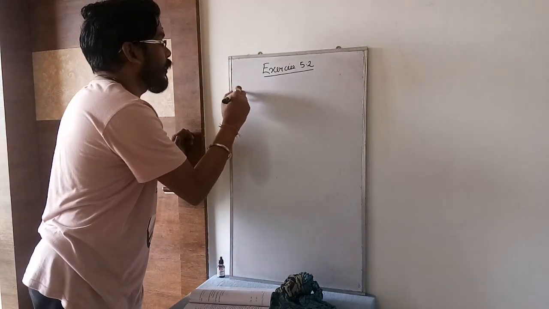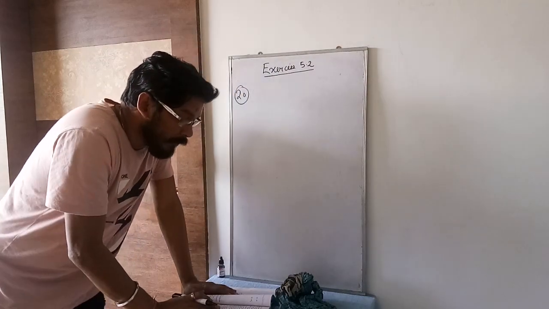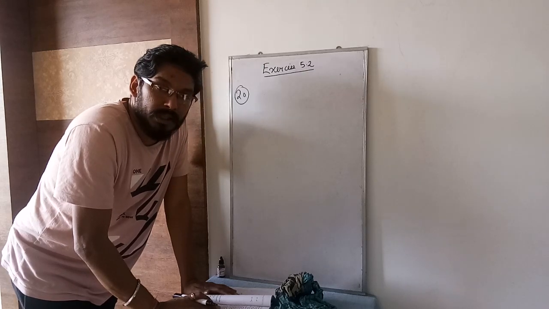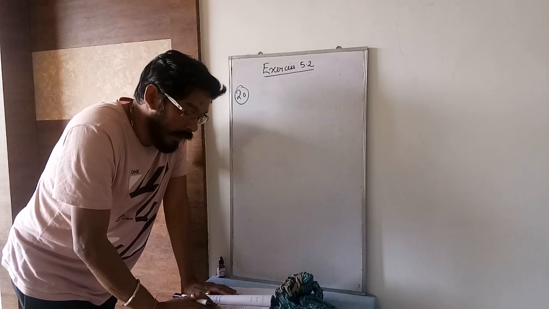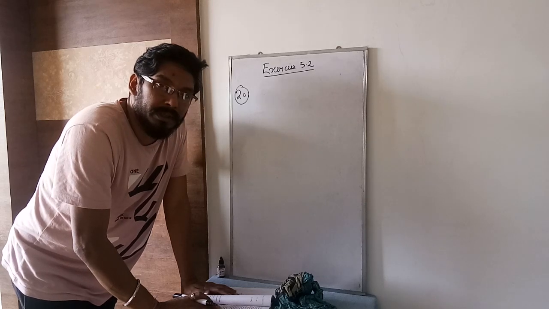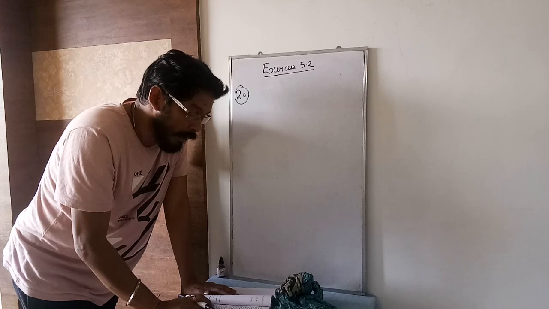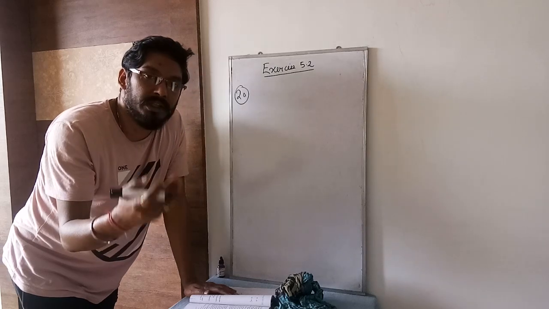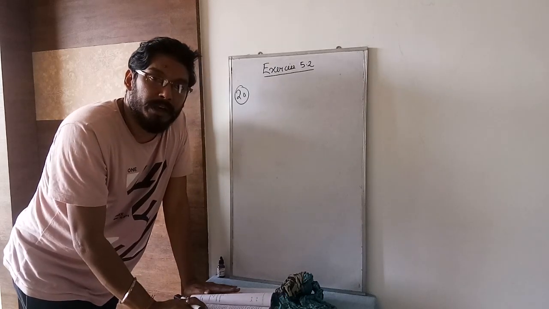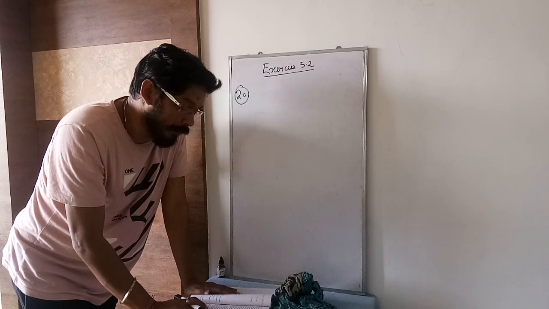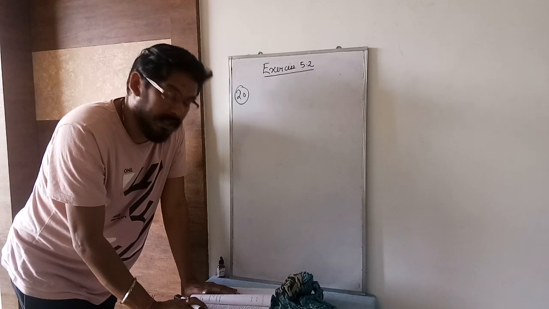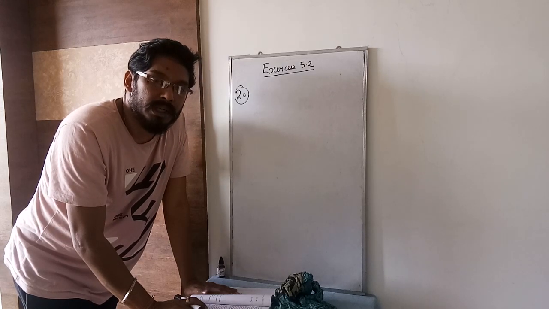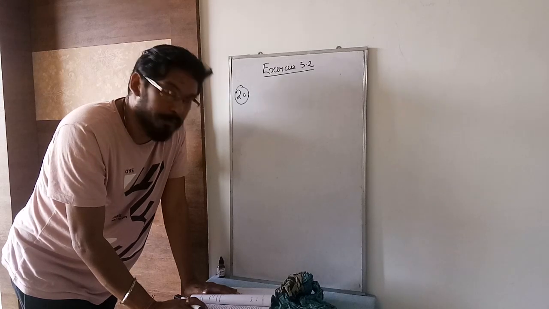Okay, so question number 20, what did they say? Ramkali saved rupees 5 in the first week of a year and then increased her weekly savings. Here she has increased her weekly saving by rupees 1.75. So first week rupees 5, and then she went on increasing by rupees 1.75. So 1.75 will work as the common difference. If in the nth week, means AN, her weekly savings become rupees 20.75, find N.